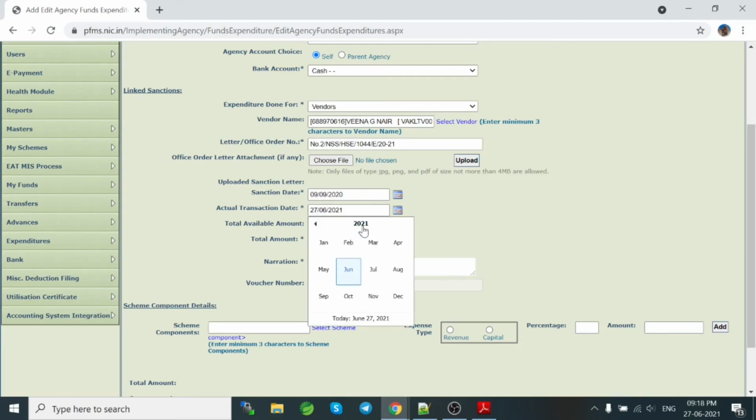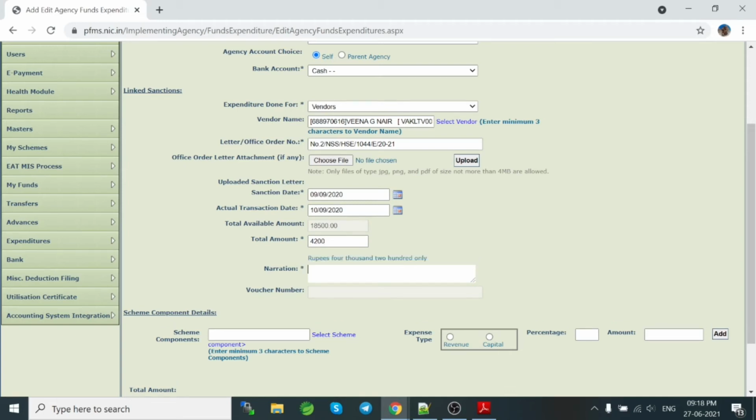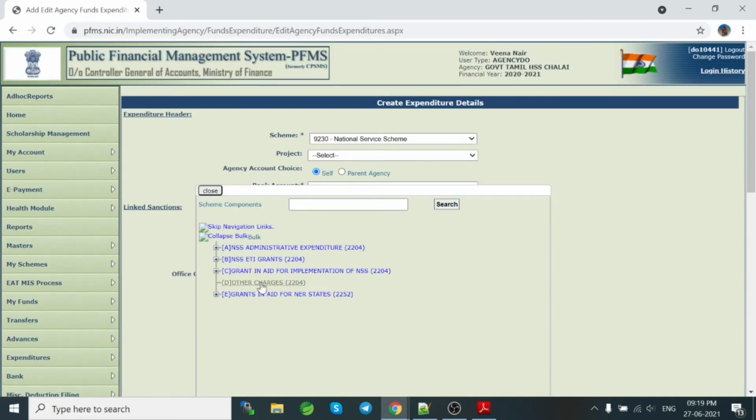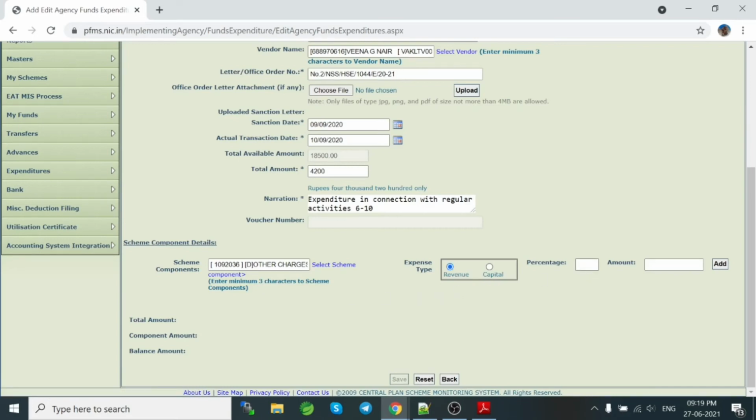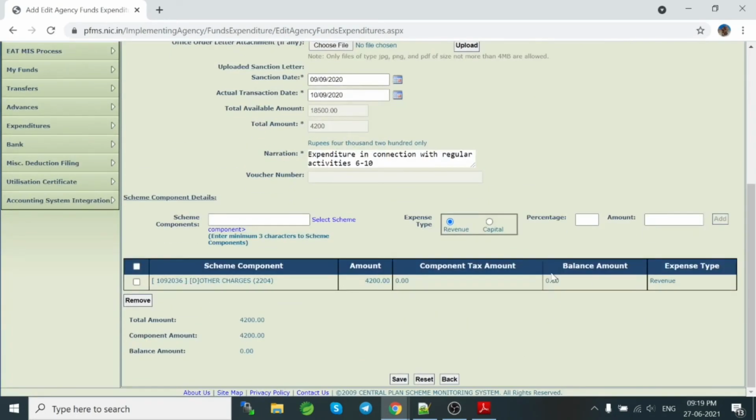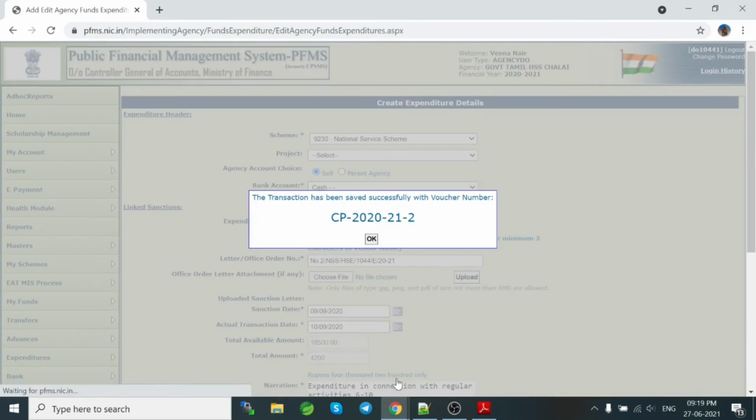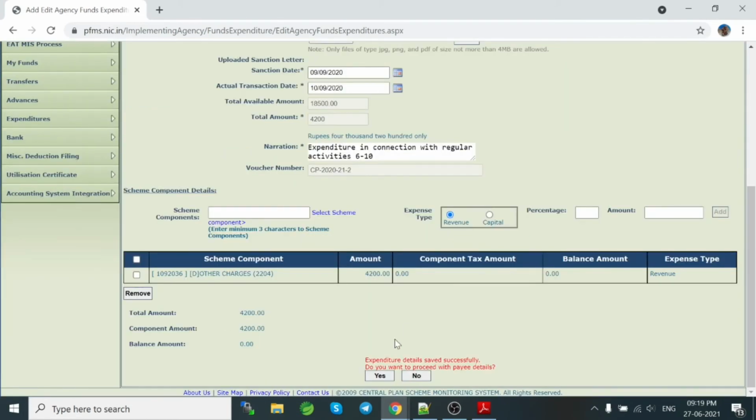Here I'm giving the next day of that, September 10. I'm giving here an amount 4,200, and the narration: expenditure in connection with regular activities 6 to 10. Then here select other charges, click revenue, give 100%, click add, scroll down, click save, click OK, then scroll down and click yes.